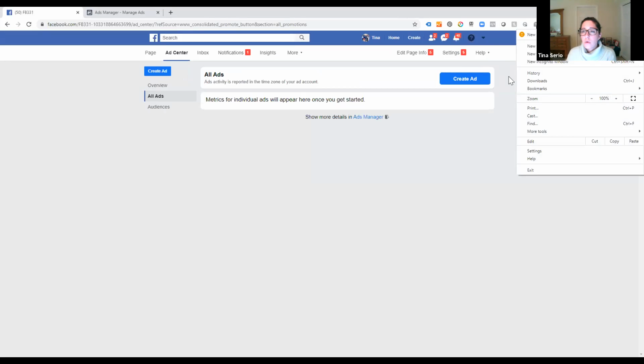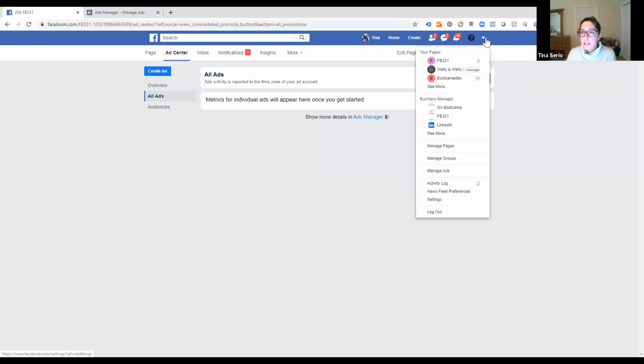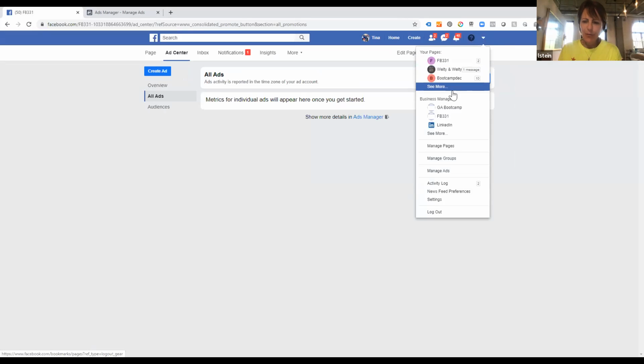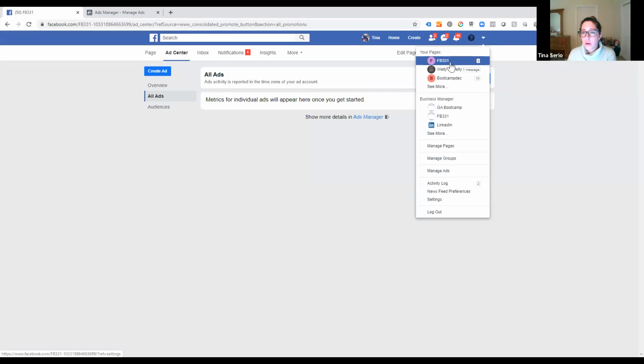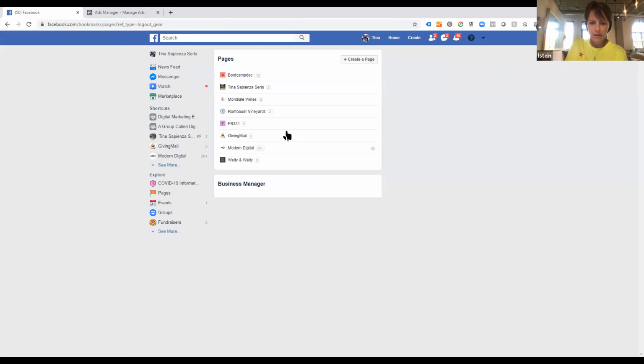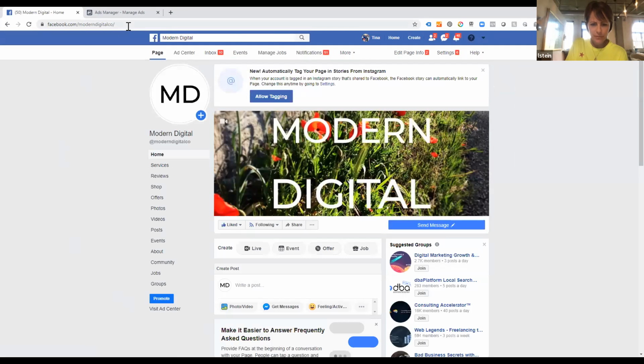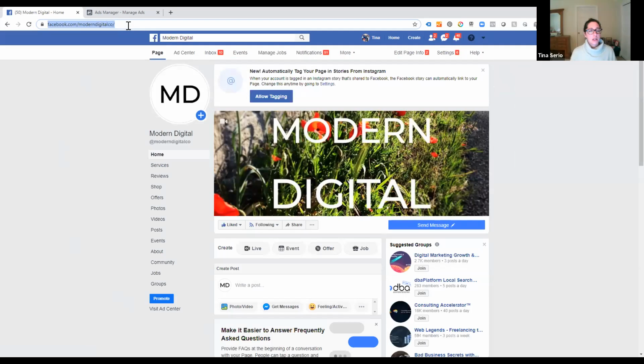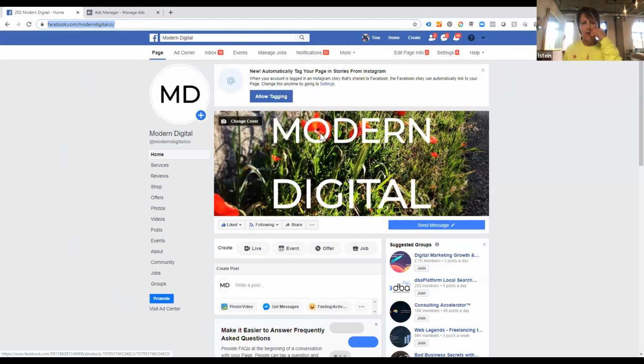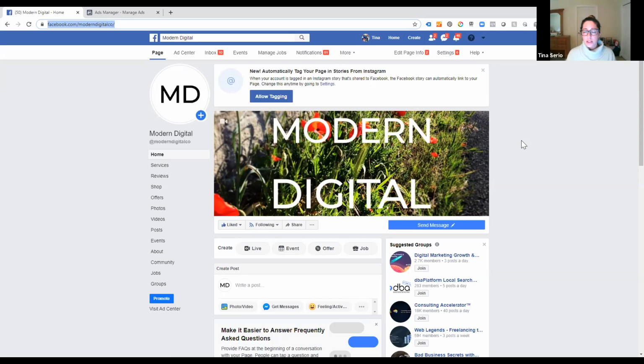When you click on this little down button, you do see pages. That's what the URL is. So we'll first click on one of those, and if you don't see it, you can click on more. I'm just gonna click on Modern Digital. Once you're here, up in the top left corner, that's your URL. Any other questions, folks, on the phone? I didn't see anything else come into Slack.